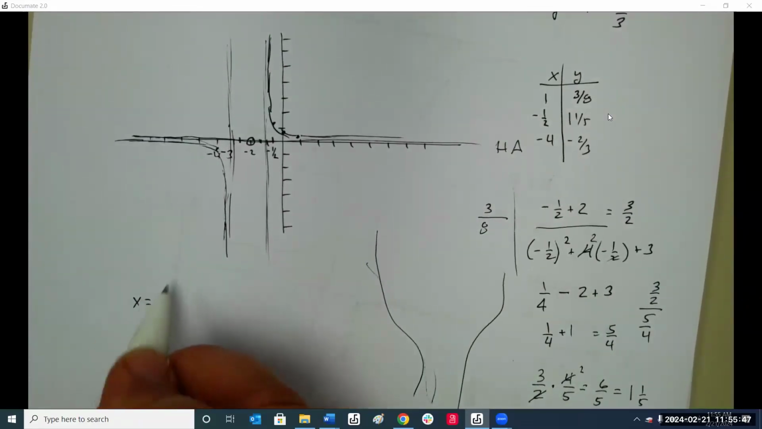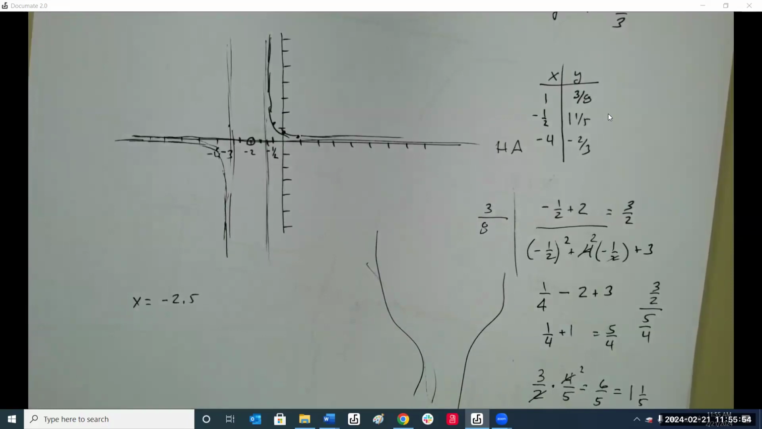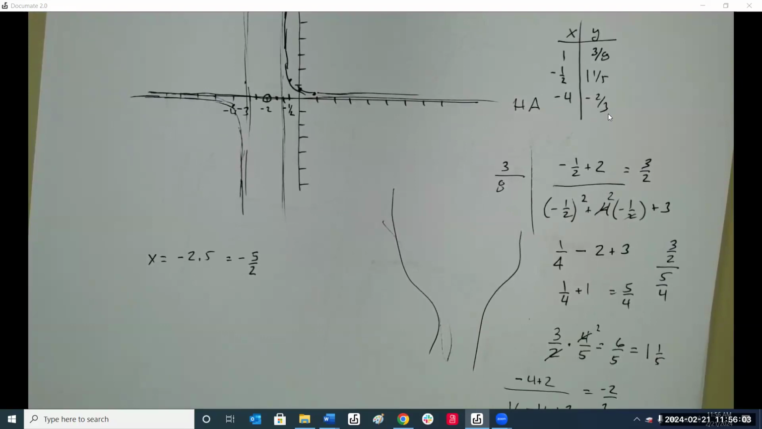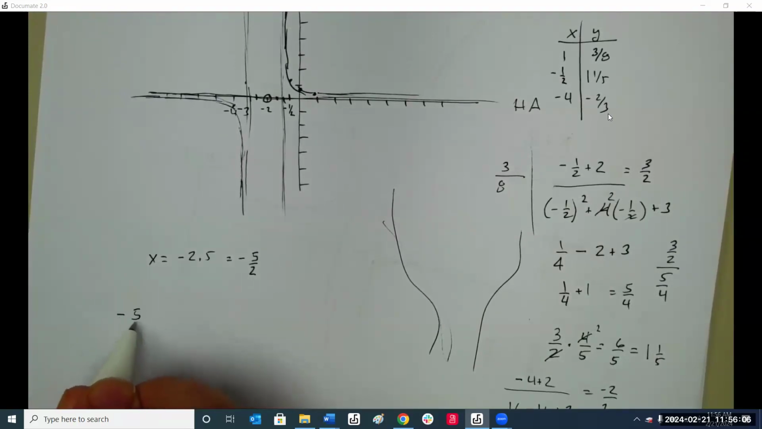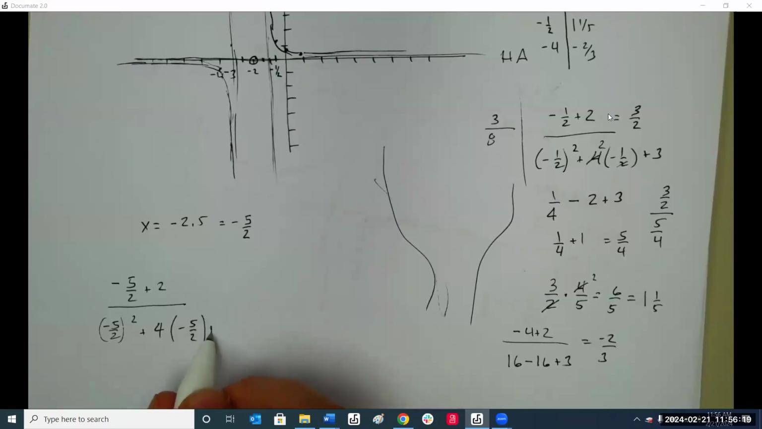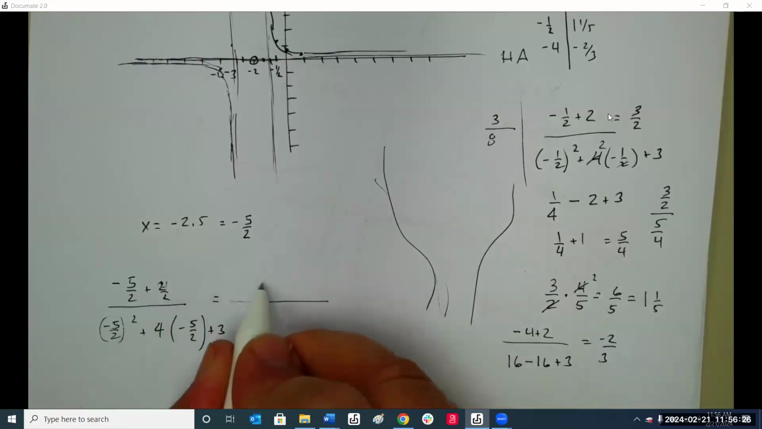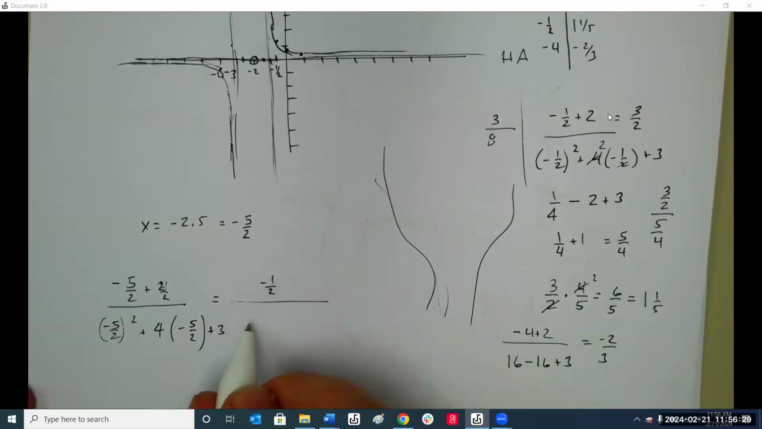So let's try at -2.5, which is -5/2. So we have -5/2 plus 2, over -5/2 squared. 4/2, so it's -1/2 on top. 25/4